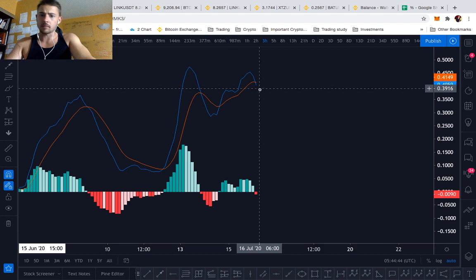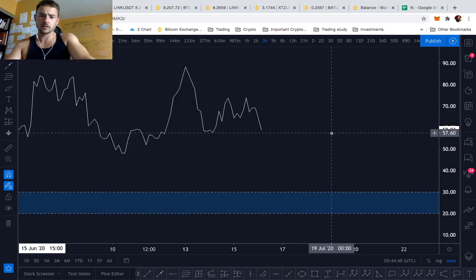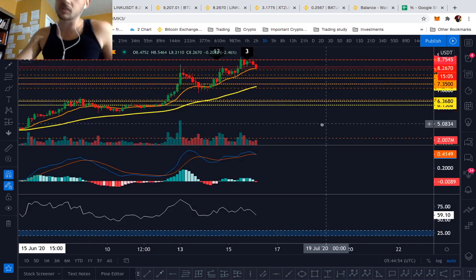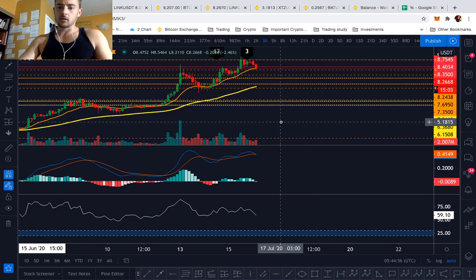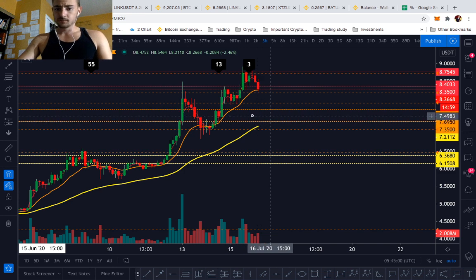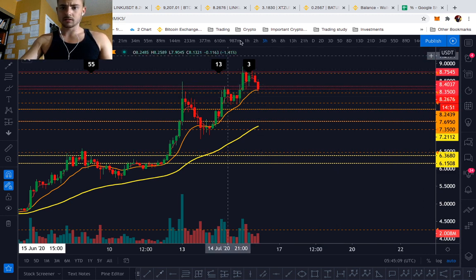We finally got a MACD crossover here with the RSI basically at a support level. They don't hold. This is a bearish divergence. The next target would be all the way down here on the 3-hour chart. But right now we're holding, okay? We're holding this EMA. We're going to close in 14 minutes.